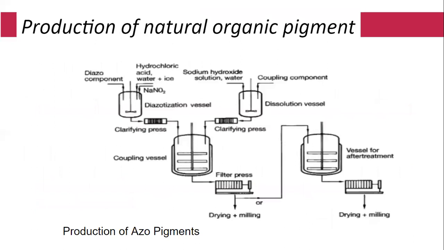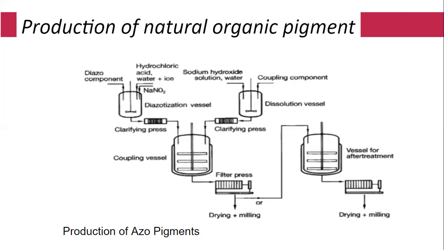Now is the flow process of the production of the azo pigments. First, we need to add the hydrochloric acid, water, and ice, and sodium nitrite is inside the diazotization vessel, and at the same time we also need to add the sodium hydroxide solution and water into the dissolution vessel. And also we go through the clarifying press and both of the components will go into the coupling